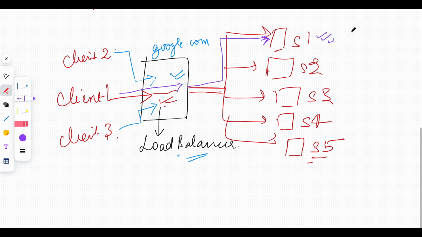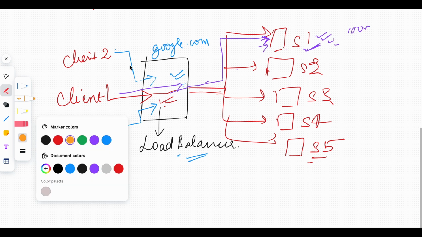Say it has a certain capacity that it can serve 100 requests per second. So say the first 100 requests will be sent to server one. Once server one is busy, because the load balancer keeps check of the health of the server, the usage in terms of the RAM usage, the CPU usage, in case it finds that server 1 is busy, it will redirect the next request, maybe coming from client 2,